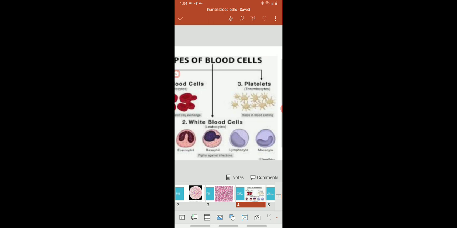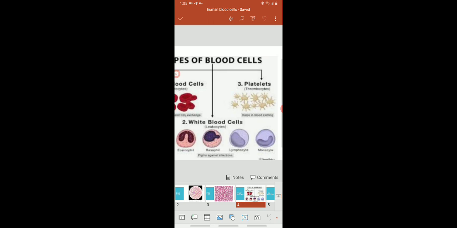The basic difference is that granulocytes have granular cytoplasm and a lobed nucleus, and agranulocytes have no granular cytoplasm, that is, granules are absent in the cytoplasm and the nucleus is not lobed. In the case of lymphocyte, the nucleus is large, oval or round in shape, and in the case of monocyte it is kidney shaped. Depending upon the shape of the nucleus, we can identify these cells.